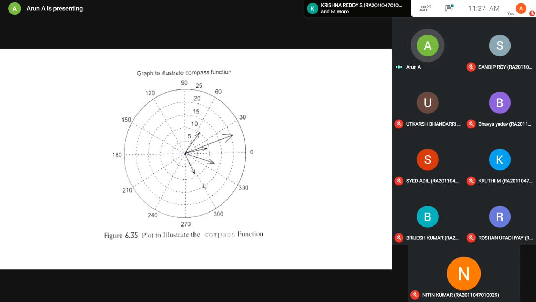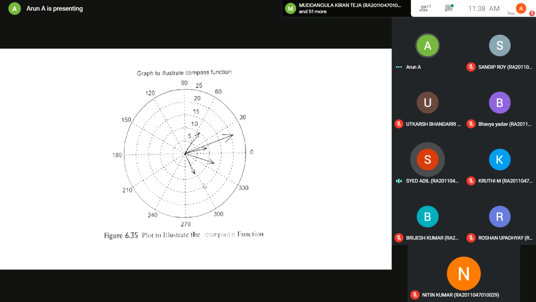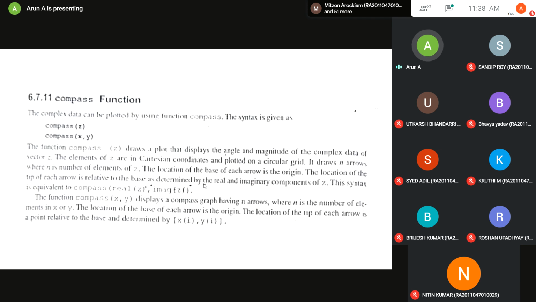Okay. See, what is complex data made up of? Complex values are made up of two parts, isn't it? What are those two parts? Real and imaginary. Exactly, students. So that is called the compass function. It uses the real part and imaginary part. So when it uses the real and imaginary parts of the complex variable, that is why it is called a compass function. That's why I asked you, the clue is there in line number 1. The clue is complex data. I thought you'd check this and tell me it is real part and imaginary part. Okay, no issues. So this is called the compass function.